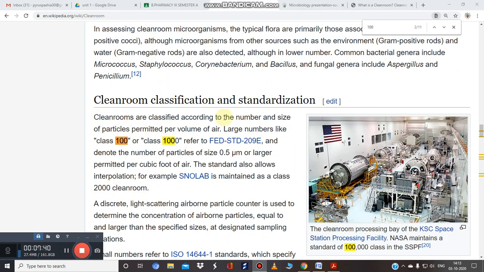So clean rooms are classified according to the number and size of the particles permitted per volume of air. So large numbers like class 100 or class 1000 refer to a particular type of code.